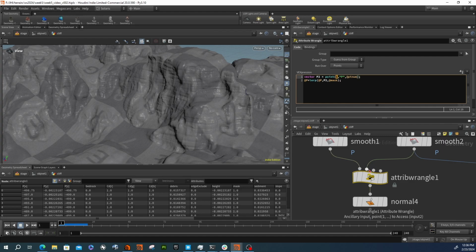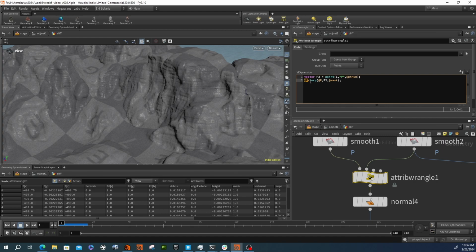So this is saying pull this index, right? Index 1. Find the position, and I want you to find the position of the current point number that I'm referencing over of this point, right? Because the point numbers are the same. So it looks that up, stores it in this P2,